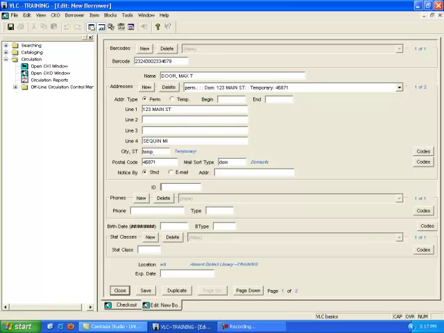ID. This is a second ID. Follow your library's policy of what to enter here. The next section is called Phones, and this is a blank also, meaning there can be multiple phone numbers for this borrower. So the phone number is